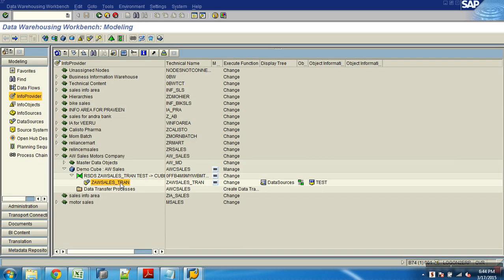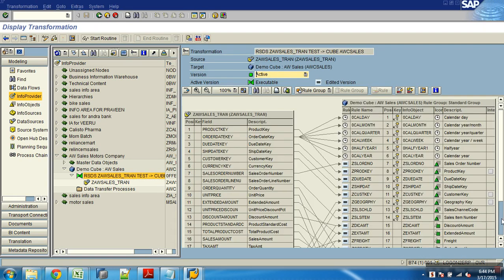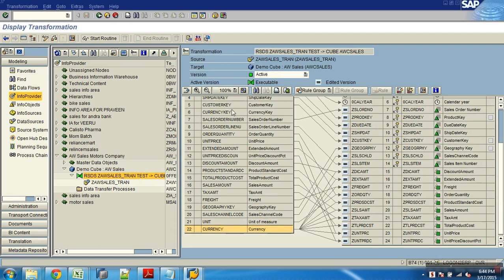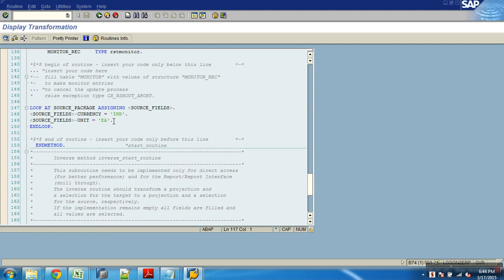So that's it. Now next is what? And one more thing: what are the two columns you are filling into, unit and currency? Because the source doesn't give any value, these two are blank, because these are the two columns I maintain manually in my data source. So in the start routine, I am taking the responsibility of filling those two columns. I'm just filling all the records with constant INR and all the records with constant EA. It is as good as formulating two columns in the file, one with INR, one with EA.